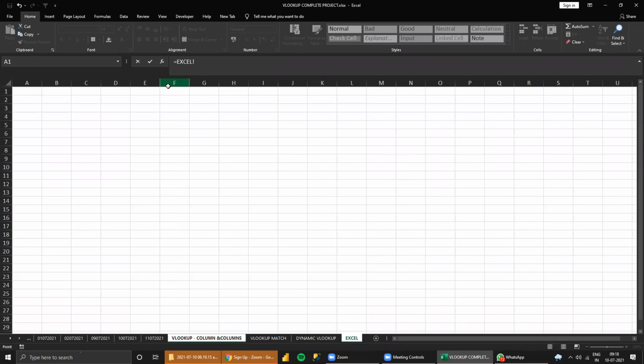Now I'll select this, and you cannot see the single quote, only the exclamation mark. The exclamation mark is compulsory. The single quote is not there. Remember, the single quote will be generated when there is a number in the tab name. Second, if the tab name has two words, then the single quote will be generated. Otherwise, the single quote will not be generated.